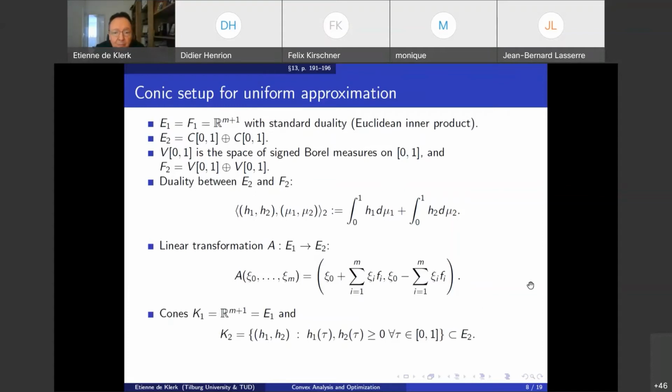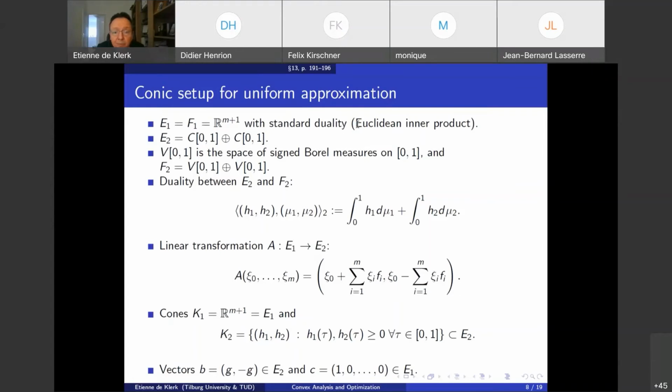So my claim is, if we fix all the spaces and dualities as this, and the operator A, then, sorry, there was one last thing: we have a right-hand side vector B for the primal constraints, and this is just given by some element in E2, so it has to be a pair of continuous functions, and G is just a given function that we are approximating, and then we also have minus G. Okay, so then we have the vector B, and then for the primal objective,